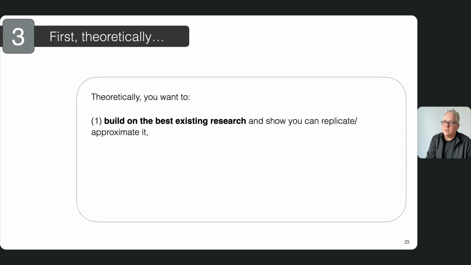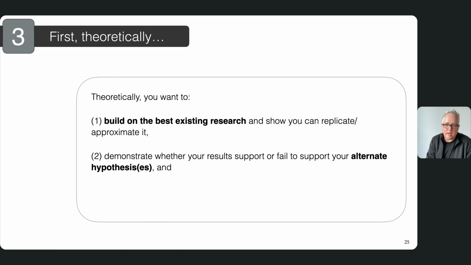But all of it is preliminary and requires thinking theoretically and building on the existing research to replicate the existing research, the approaches, and then add in your additional factors. So you control for the other explanatory factors that the literature finds important, and then you determine whether your own results support the alternate hypothesis on your main independent variable or variables,